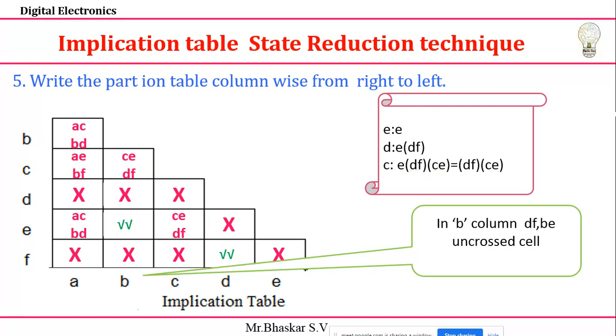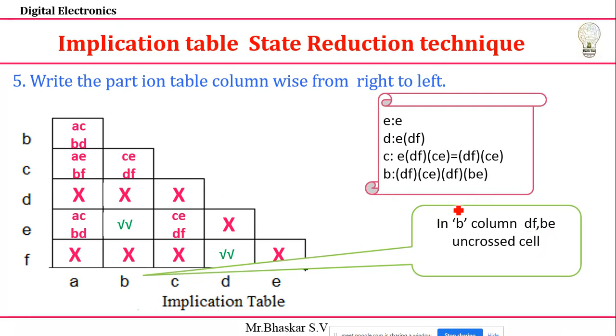So what I'll do, I'll write. Here, this is the B column. DF and B have uncrossed cells, then I'm going to consider this. Carefully see what I'm doing. This one I'm carrying forward, DF and C. DF and C I'm going to write here, and DF is already there. If you want to write, here I write DF and CE, which you already taken. C and DF are already there. From one CE I'm going to take here, and one DF, later we can replace that. Not an issue. If you want to write CE also, later you can replace that. Instead of taking CE and CE, I'll take one CE only. Instead of taking DF and DF, I can take one DF only.